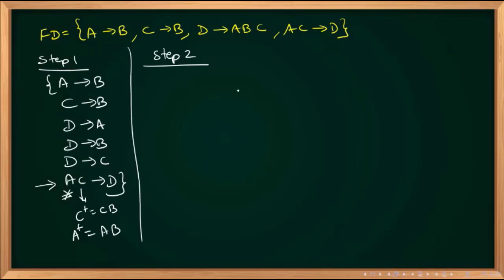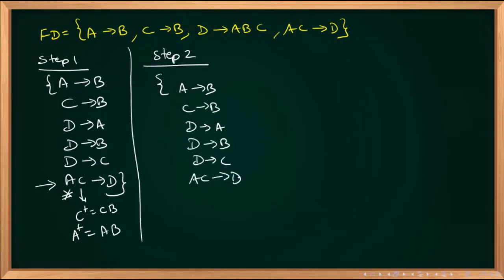Now in step 2, what am I doing? Step 1 is decomposition. After that, the same thing will be there in step 2, right? Applying removal of unnecessary attributes in the LHS. So the same thing will come. A to B. In the examination, don't write all these things. Simply for understanding purposes, I am writing D to A, D to B, D to C, AC to B. Okay. The same thing is coming after removing from the LHS.